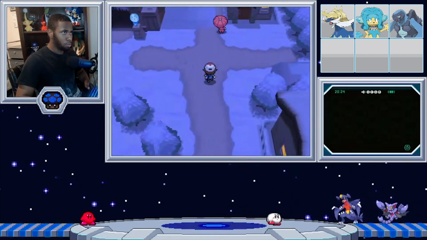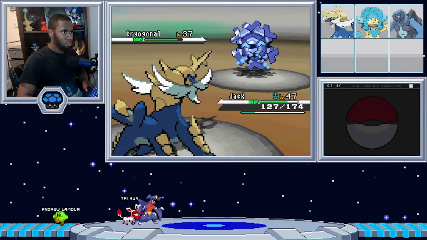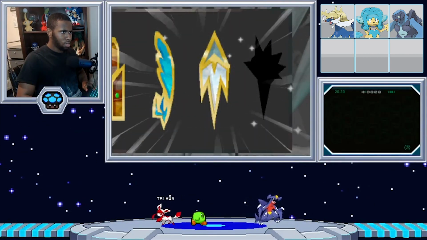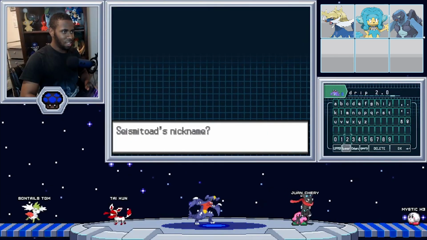On to the 7th gym, which is Ice type. Jack just easily swept through Bryson's team with Revenge. 7th gym badge obtained. Since I'm in a new area, I'm able to catch a Seismitoad, whose name will be